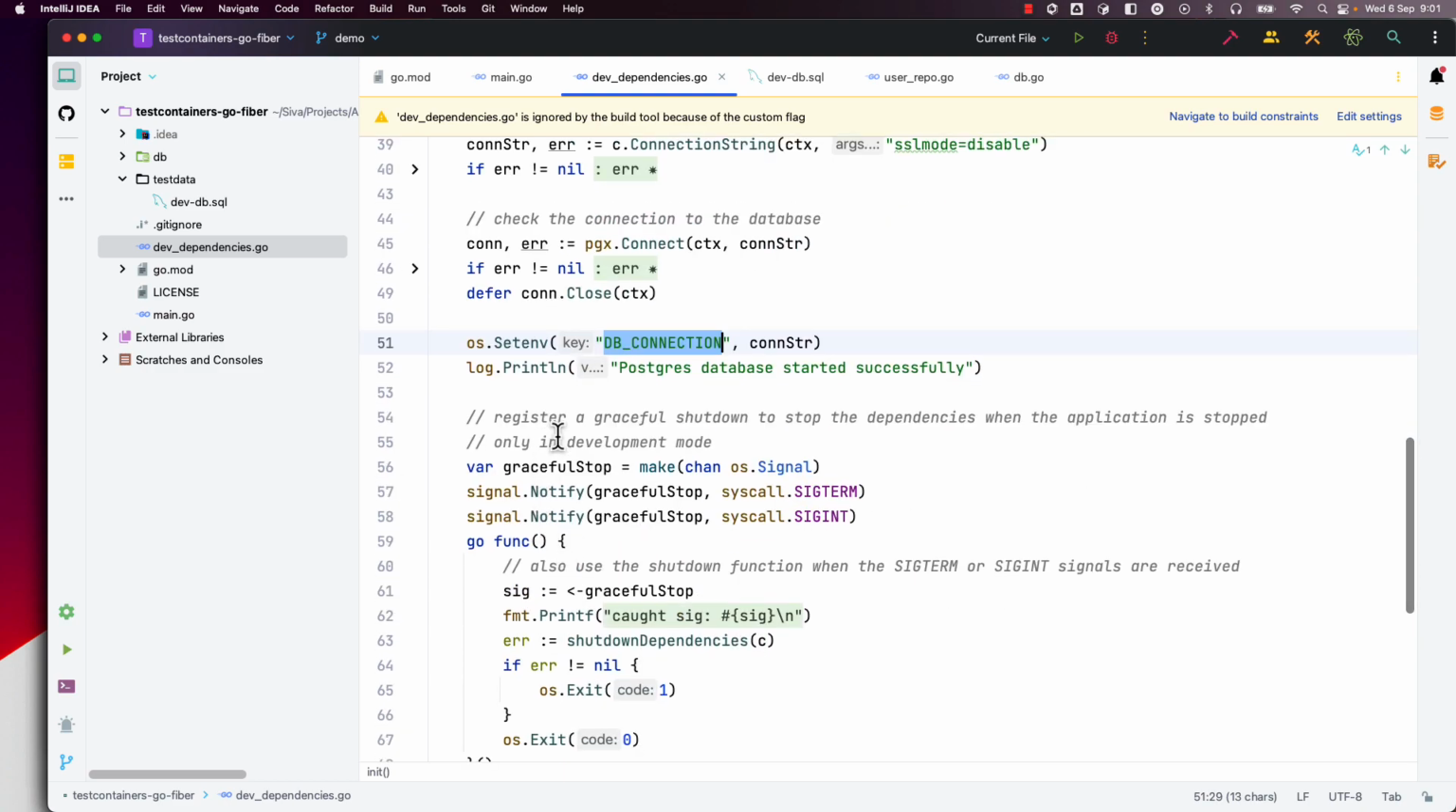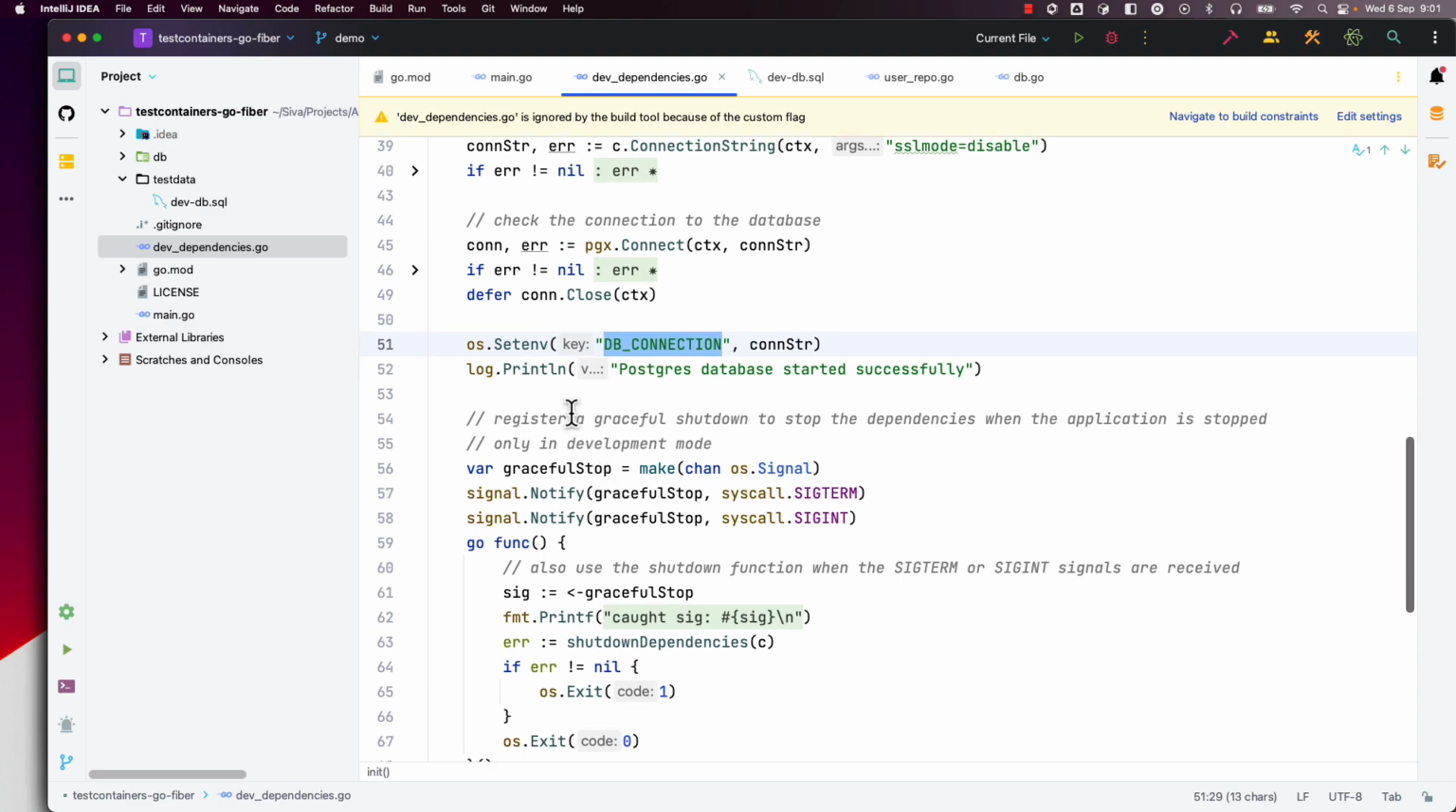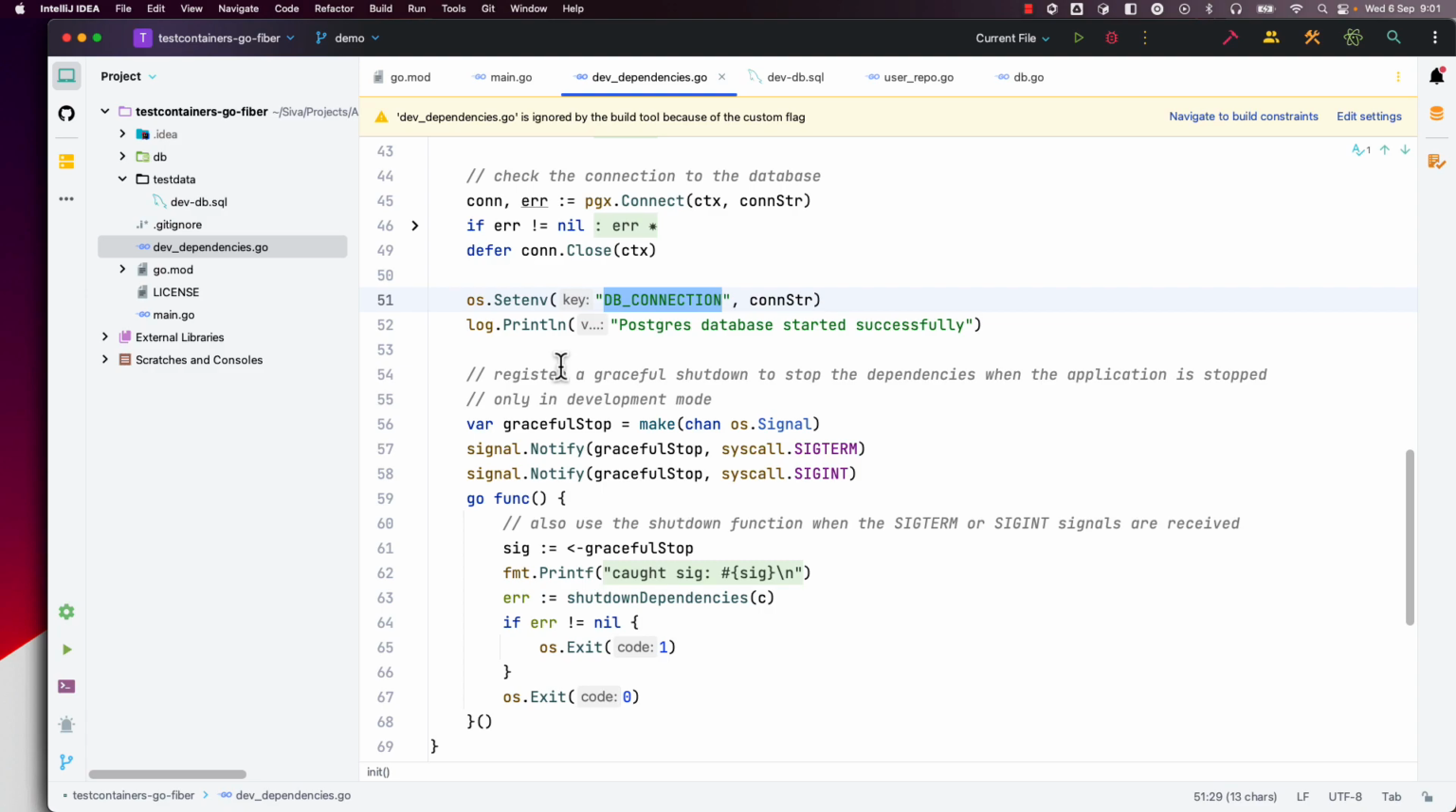So in this application, we are only using one service, which is Postgres database. But even if you are using other services like Kafka, RabbitMQ, or MongoDB, whatever container service you want to use, you can spin up all those containers here and register them here. So here we have successfully started the container and registered them using environment variables to be used by our actual